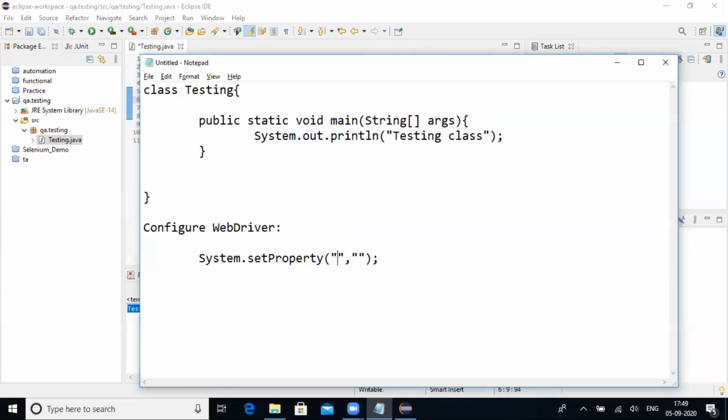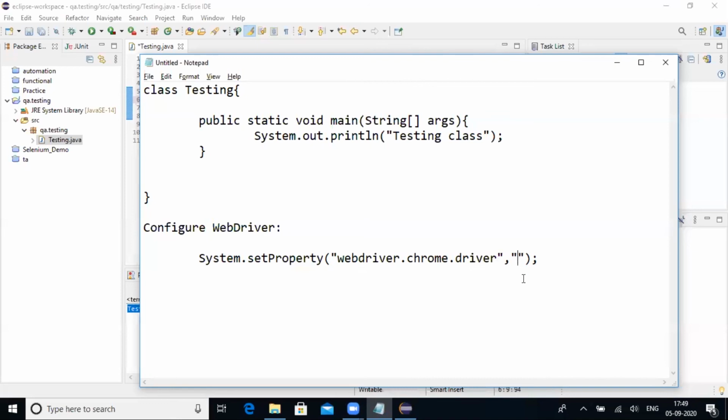So to set this system property as WebDriver, you need to use a keyword called webdriver. So this is a key. It should not be changed. What is the browser that you are going to use? Chrome or IE or Firefox? Using which browser are you going to automate? Now I'm concentrating on automating the web application using the Chrome browser. I'm putting chrome, all small. webdriver.chrome.driver. So this is the key to set the property for WebDriver.